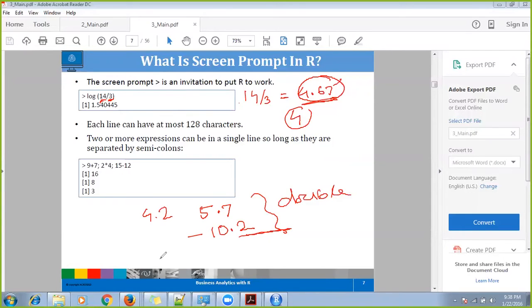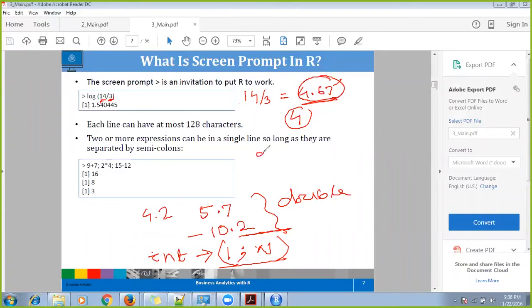Double, double. If it is integer, it has to be a number from 1 to n, right? 1 to n, it should be a complete number. Okay, it cannot be anything else. And this is how you can do operations. And one more thing, let's say you want to do